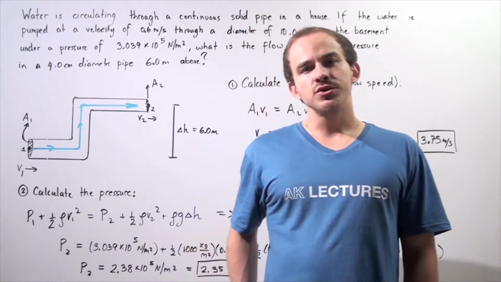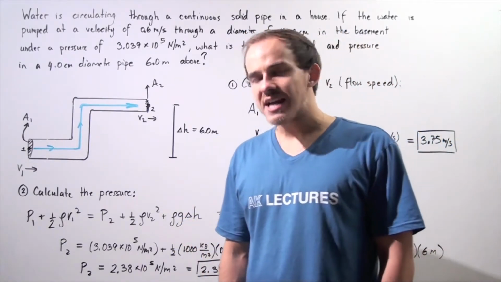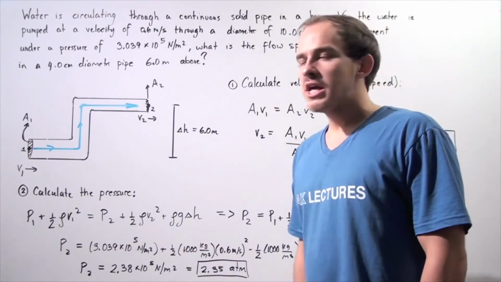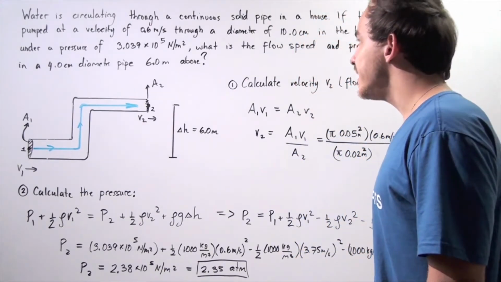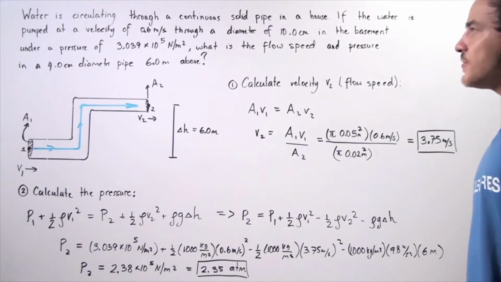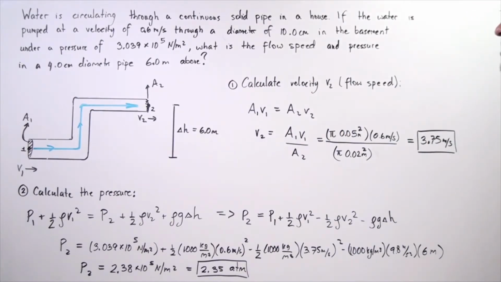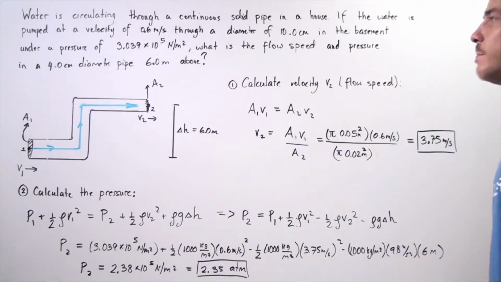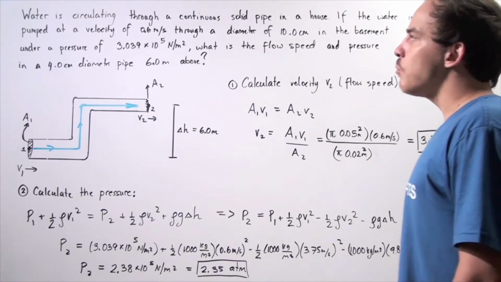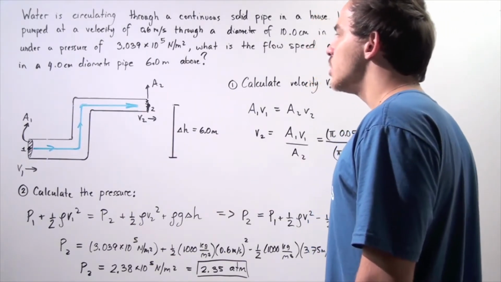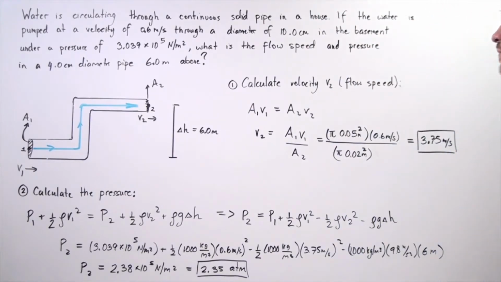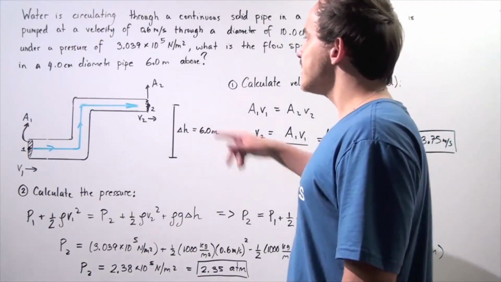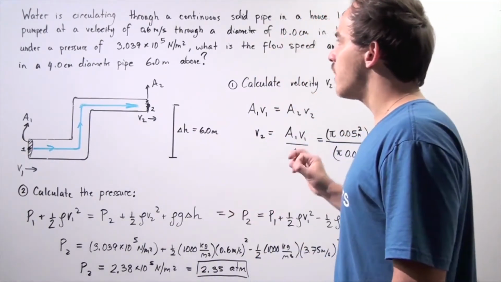In this example, we're going to use the equation of continuity as well as Bernoulli's equation to solve the following problem. Let's suppose that water is circulating through a continuous solid pipe in a house. If the water is pumped at a velocity of 0.6 meters per second through a diameter of 10 centimeters in the basement under a pressure of 3.039 times 10 to the 5 newtons per meter squared, what is the flow speed and pressure in a 4 centimeter diameter pipe 6 meters above pipe number 1, above the pipe in the